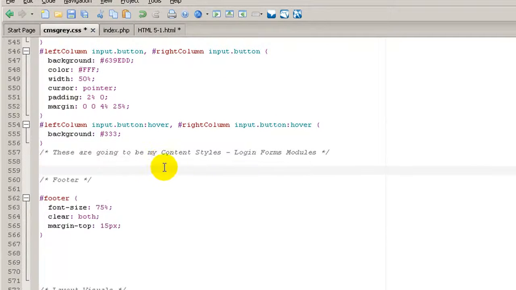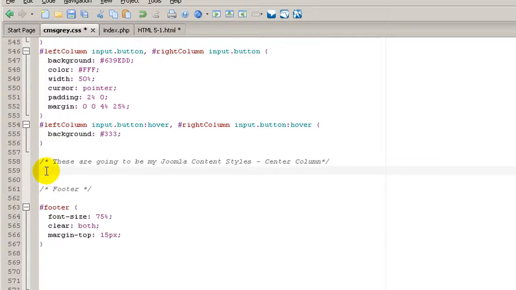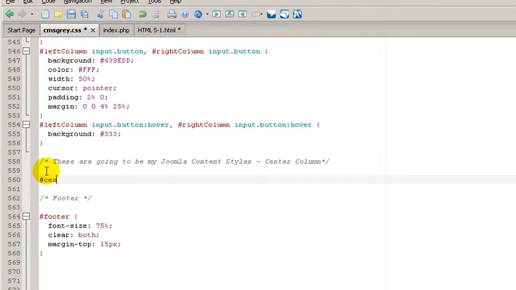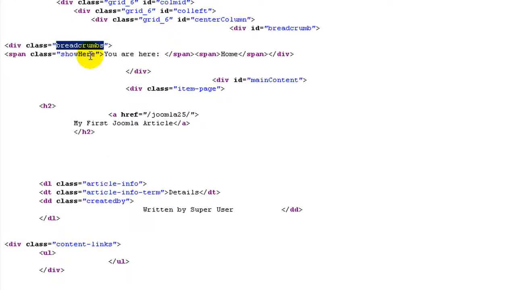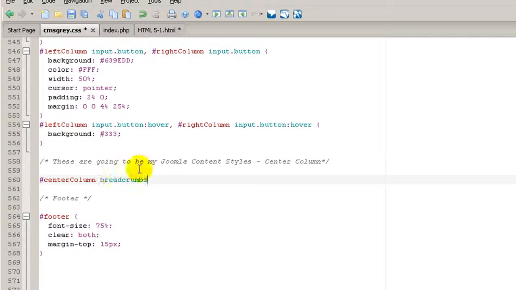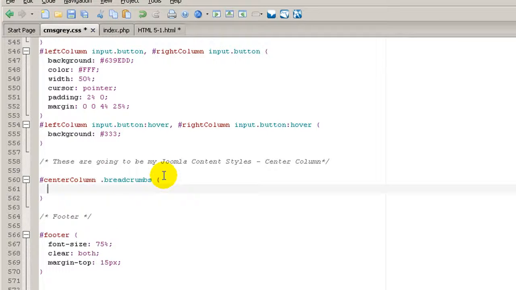Click enter. These are going to be my Joomla content styles. Center column, center, and column. Then inside here we are going to start targeting the breadcrumbs. Hash, center column, then a space, going back, and we are going to copy the class breadcrumbs, and Control V, the dot, don't forget the period before a class. Open the curly brackets, and we are going to change the color, in this case to the color 333, right there,